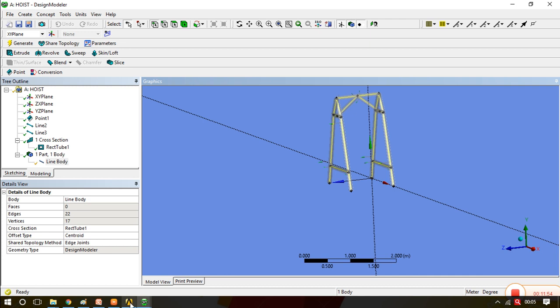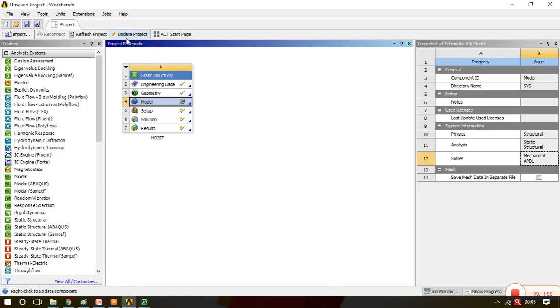Now go to the project schematic and update the project.